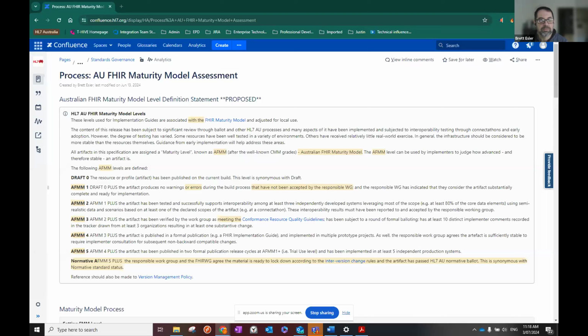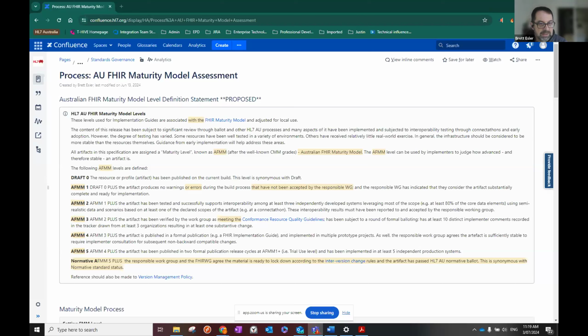Yeah, so it included a name change, and this was, I think, discussed in a previous meeting, perhaps to just make it distinct from the actual FHIR Maturity Model definition as part of the FHIR specification, and consequently an acronym change to AFMM. And there are notably some extra words added to the content. So just going through that,